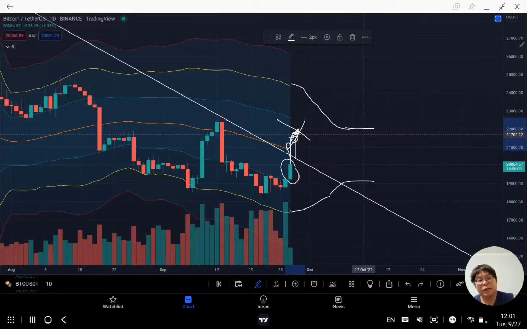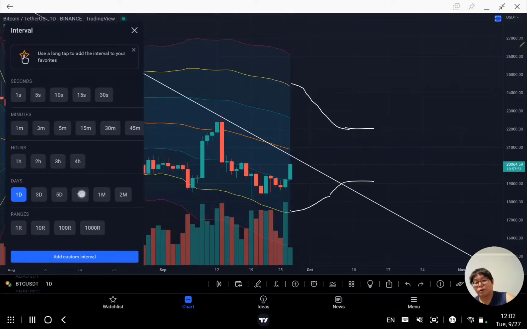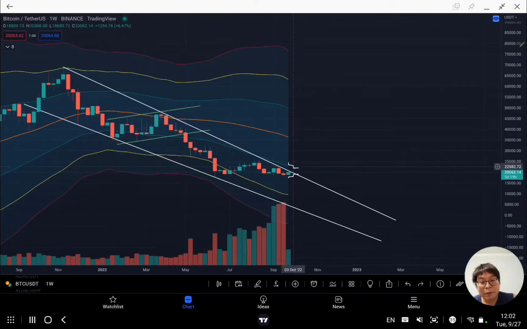And guess what, guys? If that happens, I shouldn't have squiggled too much. Now I gotta erase all this crap. So if that happens, guess what? We are on our way. Look at that, the squeeze that I drew. If that happens, we will be on our way to breaking this,